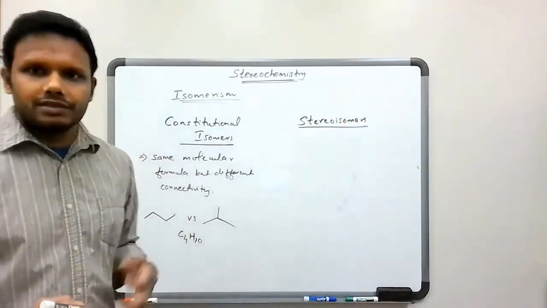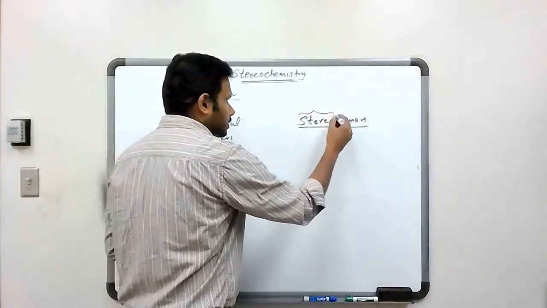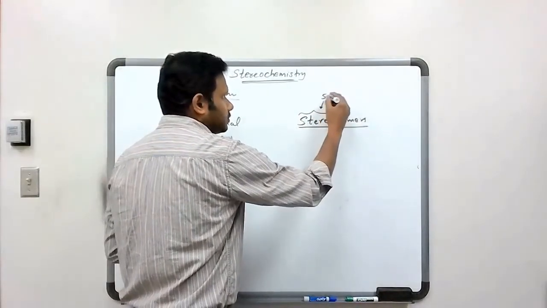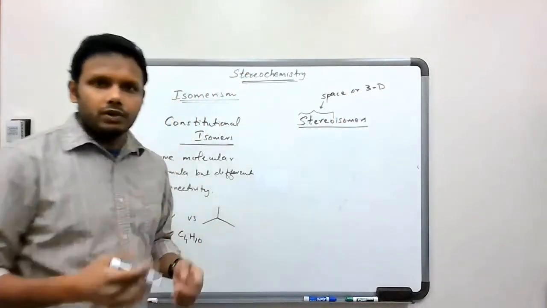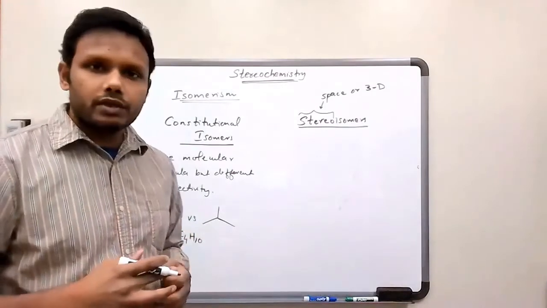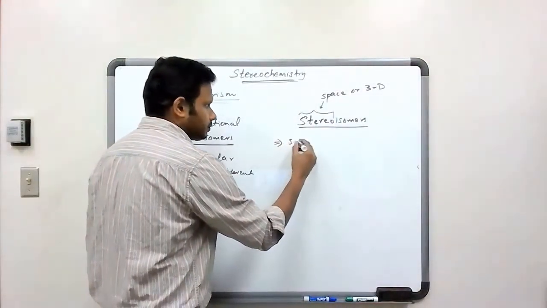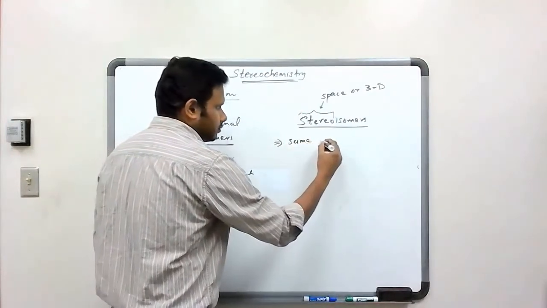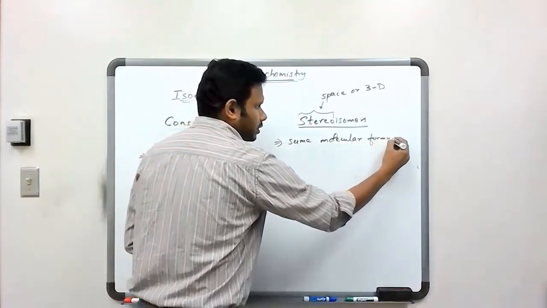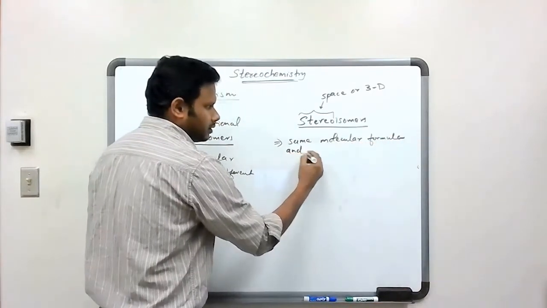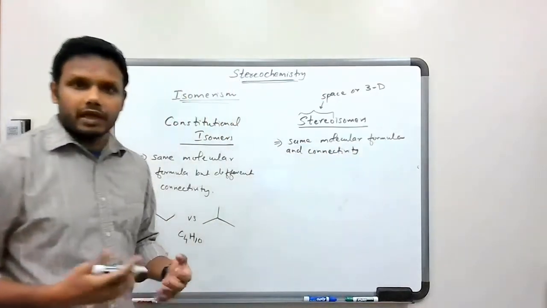Now, the bulk of this chapter is going to deal with molecules which are related to each other as stereoisomers. And as I pointed out earlier in one of the videos, stereo deals with space or 3D, how groups are oriented in space. So stereoisomers have the same molecular formula and connectivity,